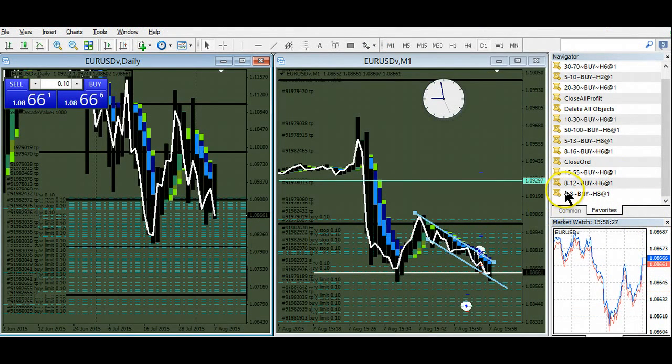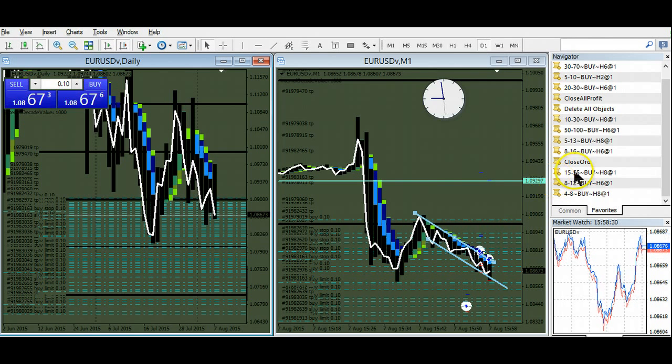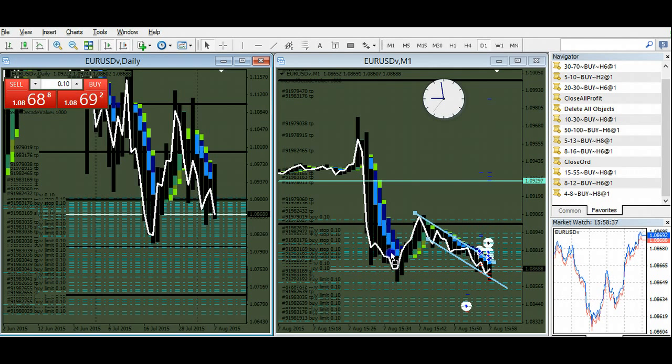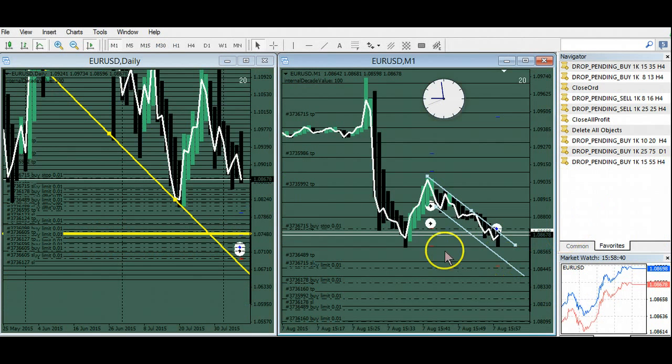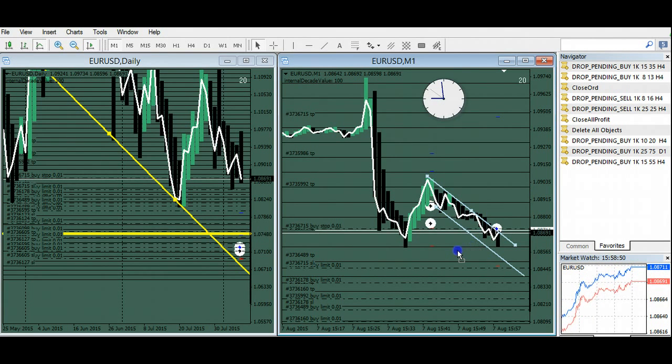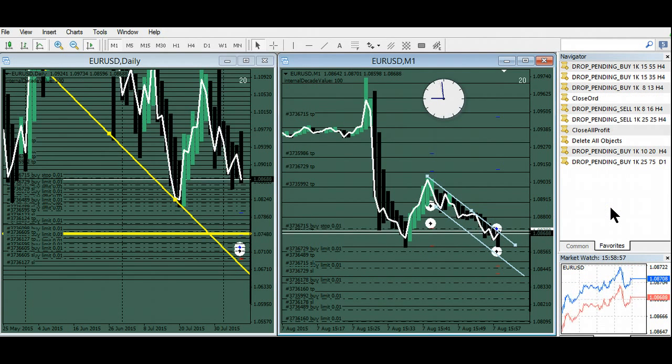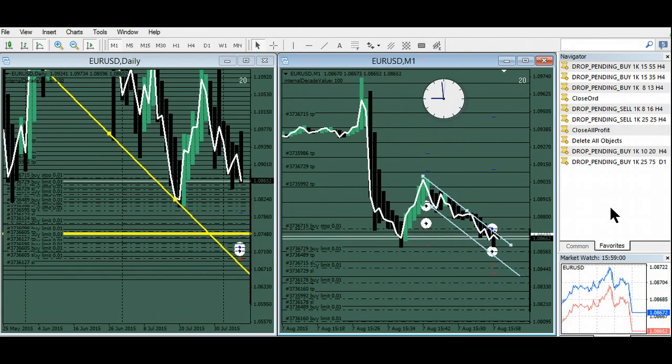Now I'm going to really stack up on this fractal. This is the 50 pip stops on that. I'm looking for 100 pips the other way now. So look, they just retested that low. Got a 25 pip here, and now I'm going to put in a 15 pip stop here, and I guess I'll just let that one go. It's 25 pips of risk there, so